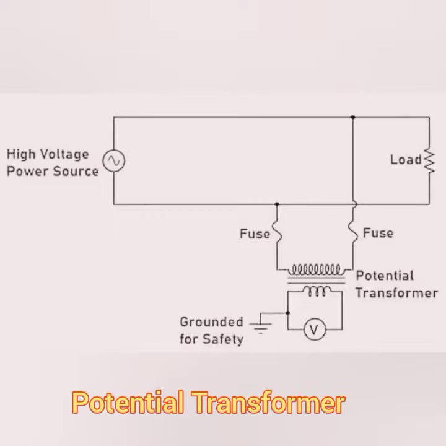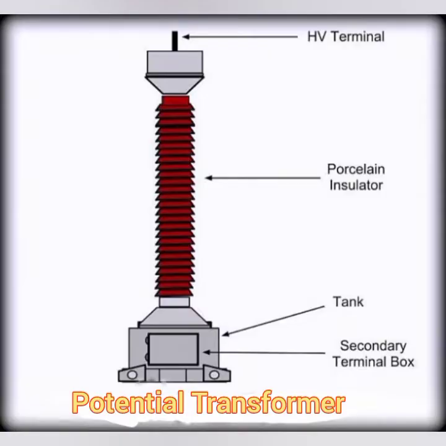So it comprises a step down transformer, and it can be used up to a medium level of voltage. Normally these voltage transformers can be used in a medium level of voltage. If we need to use it at a higher or ultra level of voltage, then we will prefer a CVT, or capacitive type of voltage transformer. So this is the main structure of your voltage transformer or potential transformer.